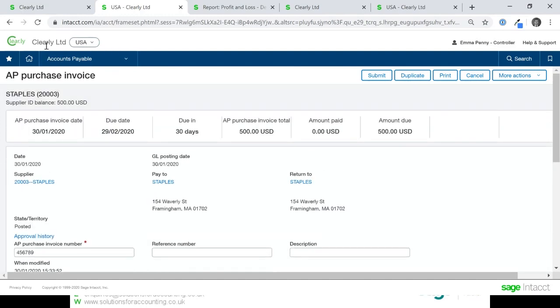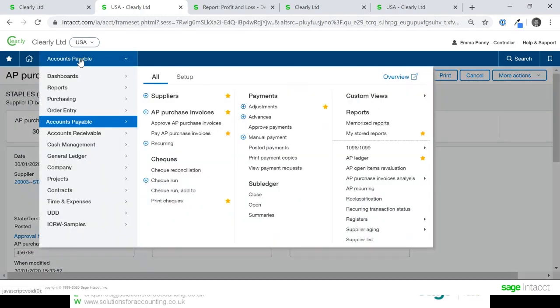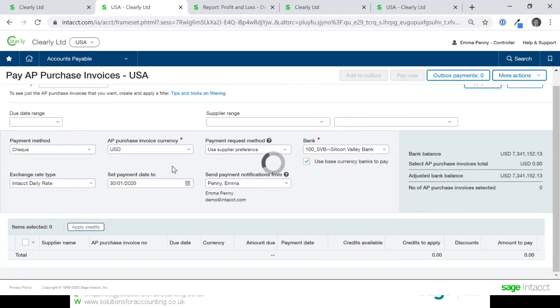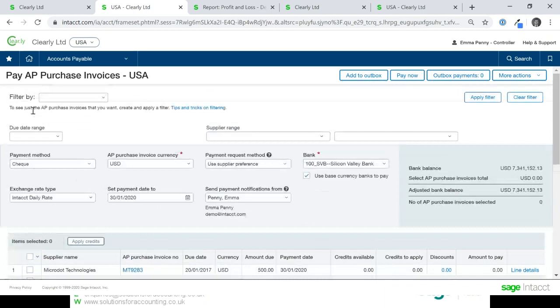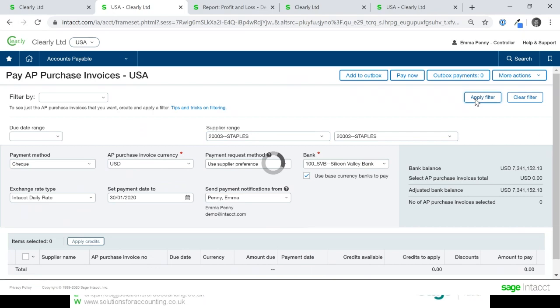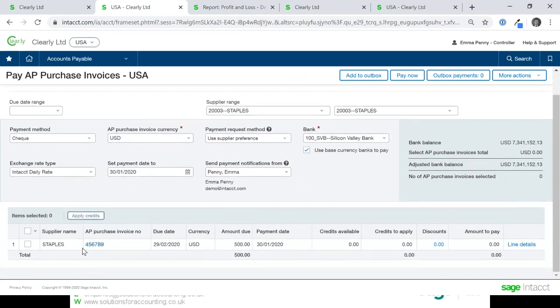Okay, anyway, now that it's in AP, we're now able to obviously post a payment to that supplier and simply pay purchase invoice. There are date ranges and predefined filters you can set up here if you wanted to do a payment run for a particular grouping of suppliers. And what the system will do then is it will actually go out and it will look for all of the outstanding invoices for payment. So if we were to do it just for Staples, for example, we're only going to see the invoice for Staples, which is actually this line here.